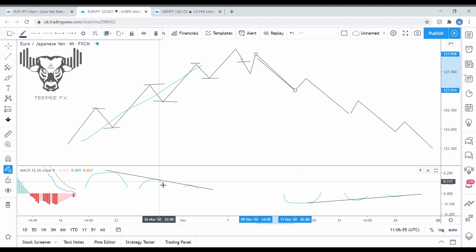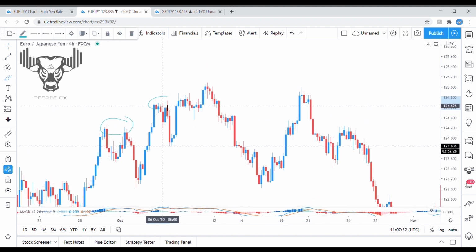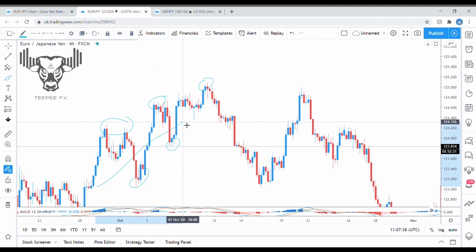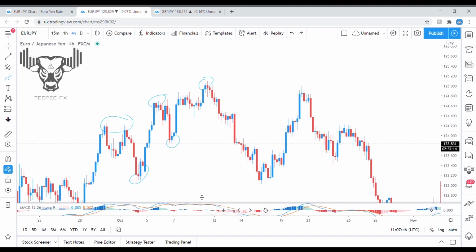Things like this just don't exist in Forex. So let's now take a look and see if we can spot some examples of this on a real chart. So if we look just here, we can see we've got higher highs and higher lows forming throughout this trend move. This is actually a rising wedge, but if we then move to our MACD and see what our MACD